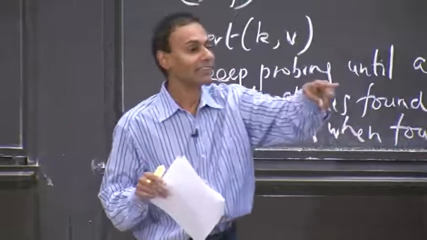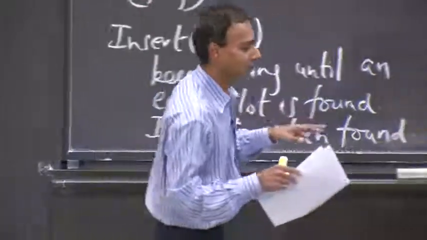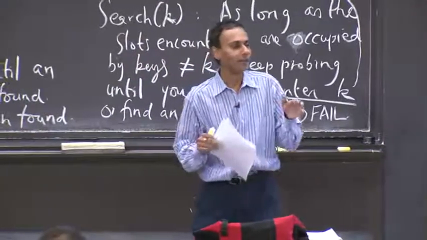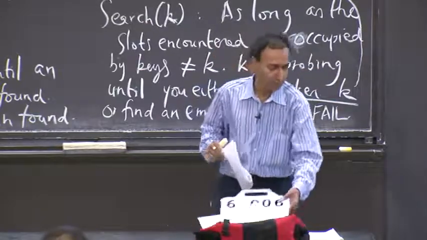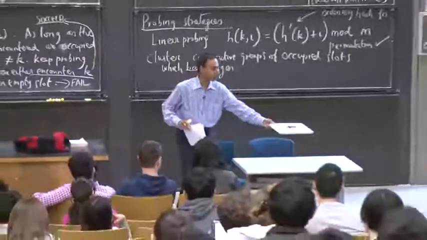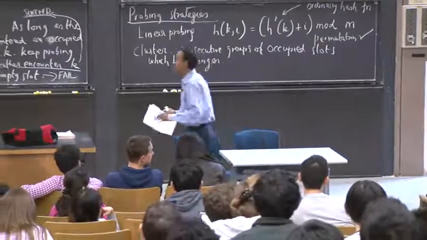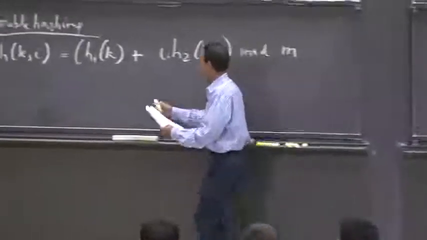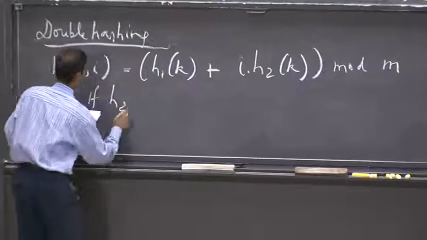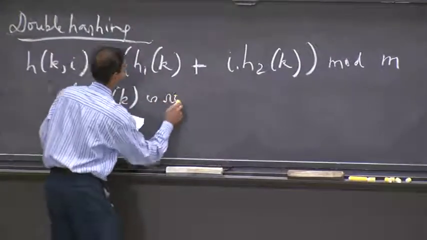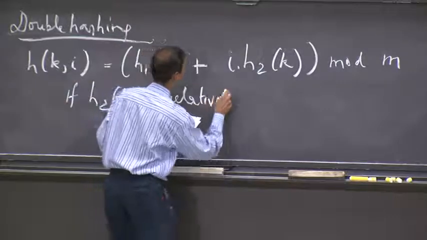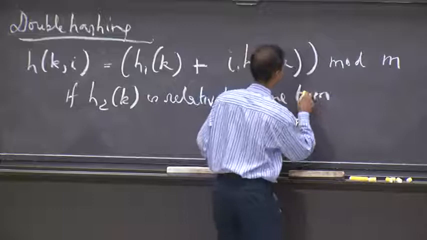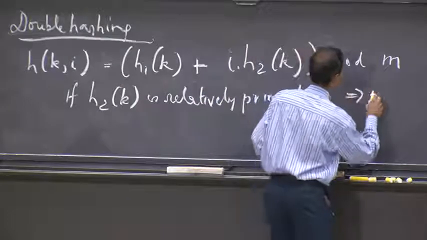Relatively prime. Okay, good. I figured some of you knew the answer, but I've seen you before. You're exactly right. Relatively prime. So h2(k) and m being relatively prime